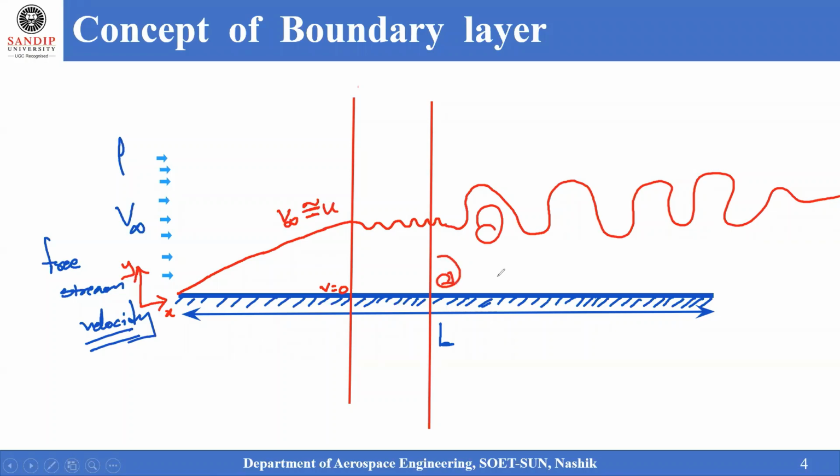So the disturbance has increased inside this fluid. Let us draw the flow pattern, how it is moving inside this particular zone. If I draw the fluid velocity, it was increasing along these lines, up to this line. There was a variation up to this line, and after this line, V infinity is approximately equal to u.